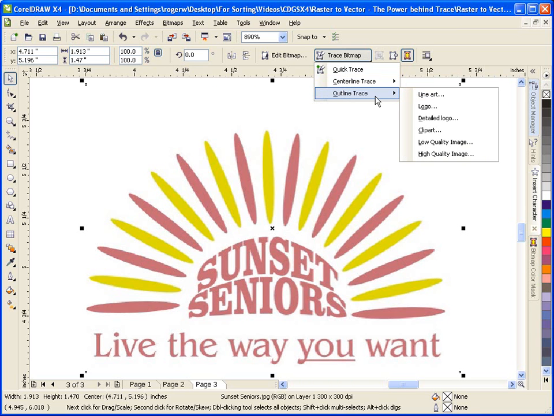The third option, the Outline Trace method, uses curved objects with no outlines and is suitable for tracing clip art, logos, and photo images. The Outline Trace method is also referred to as fill or contour tracing. Under Outline Trace, there are a number of presets. They include Line Art, which lets you trace black and white sketches and illustrations;